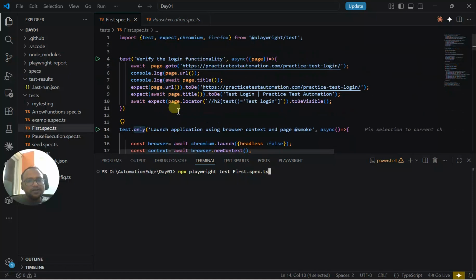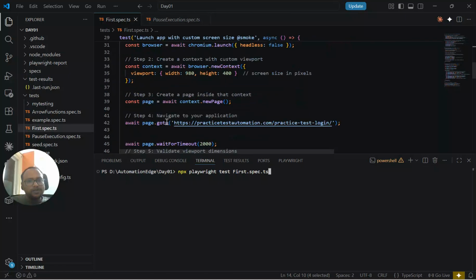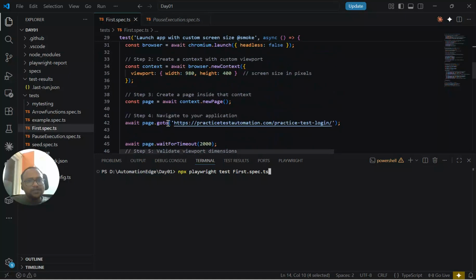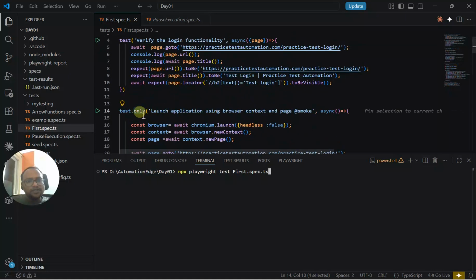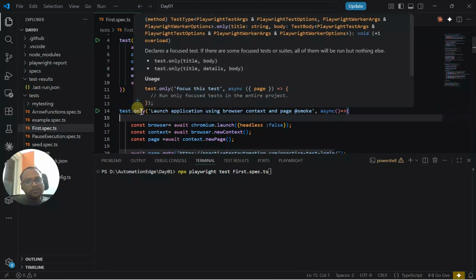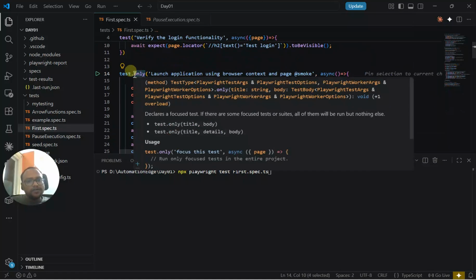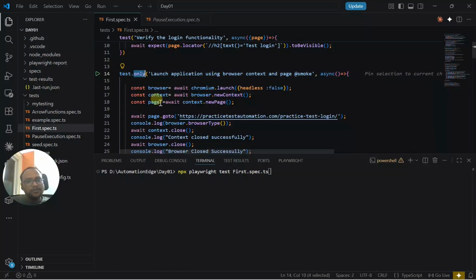As of here, there are 4 test cases, but even though there are 4, I want only one test case, so I can mention test dot only. This is called the hooks concept: test dot only, test dot describe, test before all and after all, before a test and after a test. I just want to use test dot only to execute only one test case. So once I run it,